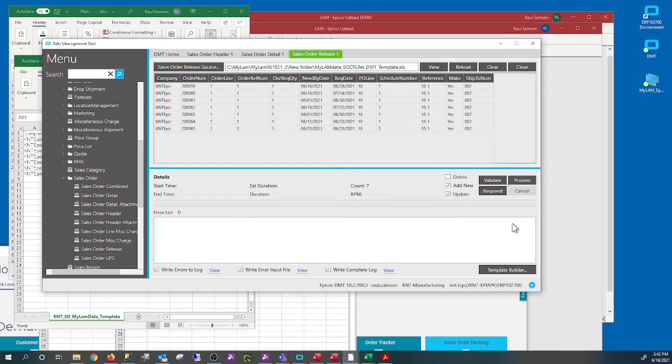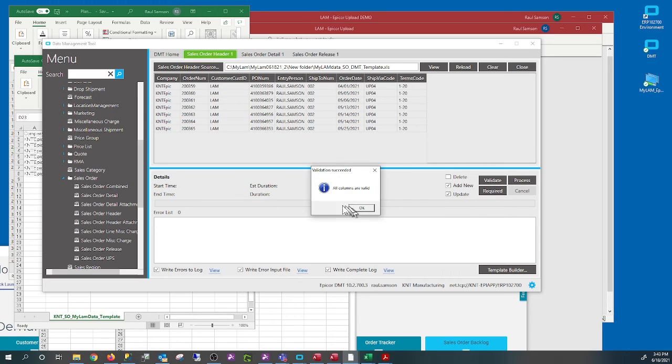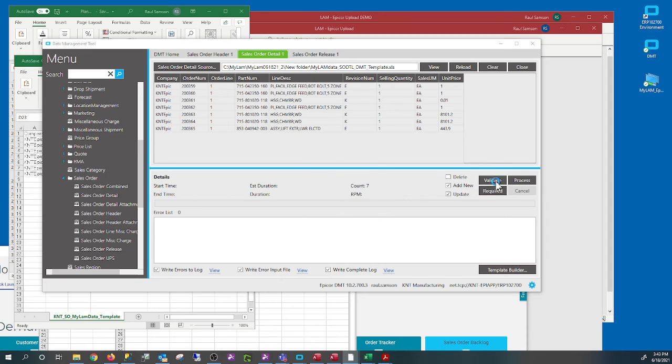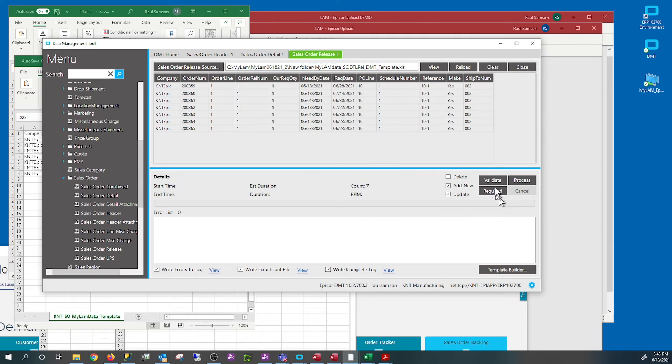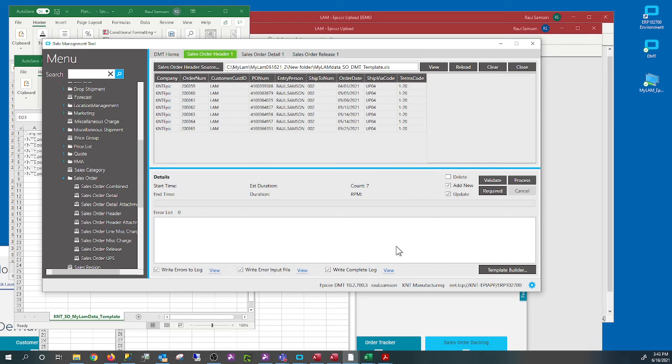Now, how do you know if the data are correct? So what you're going to do is click on the headers, just click the validate to see if it has an error. Right now, I don't see any error out of the data that we provided. Same thing here. The validation validates the column headers. This is the validate for the detail field, and this is the validate for the release. Yeah, the validate checks that the column names are valid. It doesn't validate the data.